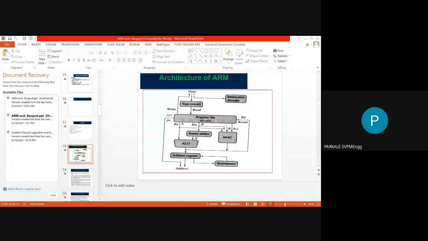In simple words, you have to remember that the barrel shifter is used to perform shifting operations on one of the data. What do you mean by shifting operations? Shifting operations are nothing but shifting, or multiplying by 2 or dividing by 2. Okay, so this is what is inside the barrel shifter. So the ALU will get one original data and it will get another data which is pre-processed.